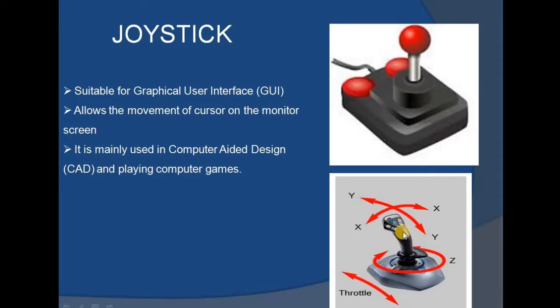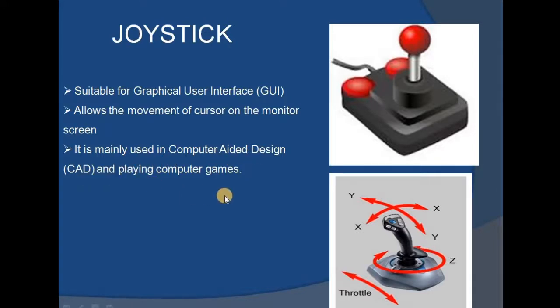As you can see here, with the mouse I can just move around the x-axis or y-axis, whereas in the case of a joystick we can have three-dimensional movement, with the x-axis, y-axis and z-axis. So we can move forward, up, down, right, left, and also move around in a circle, or a 360-degree movement can be done by using this joystick. And it is also used in computer games, as well as computer aided design, or the CAD.